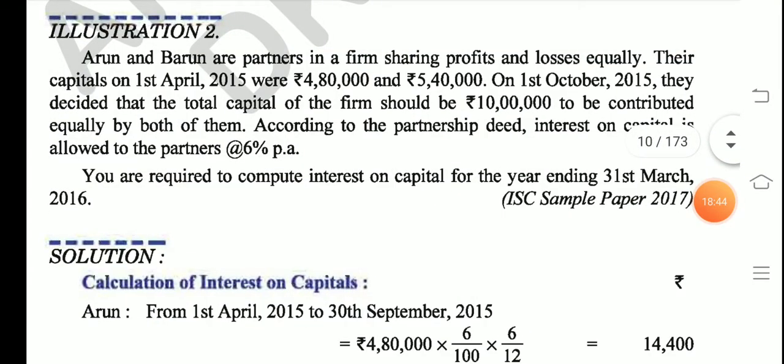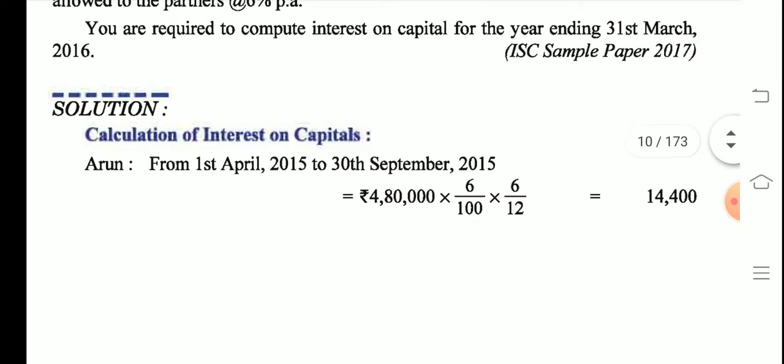The rate given here is 6%. So what was the formula? P into R into T. So principal stands here 4,80,000, then rate of interest is 6 upon 100, and time remains for the first 6 months, 6 by 12, right? So this is calculated here. It comes to